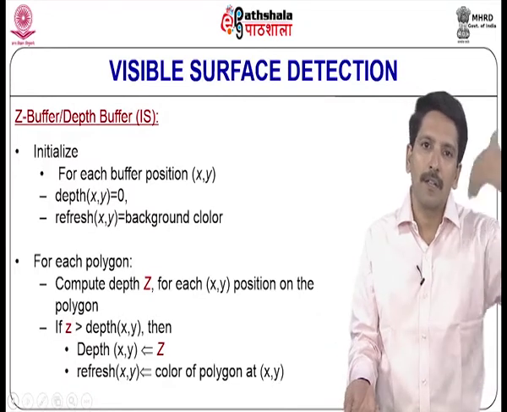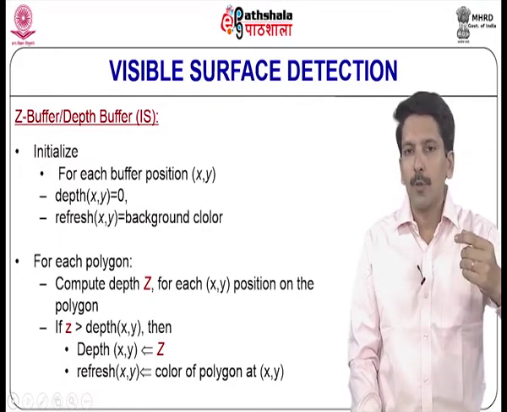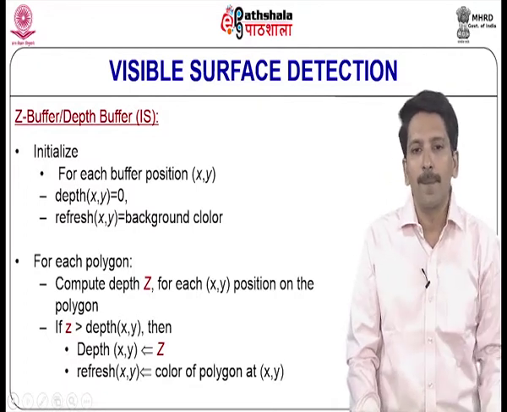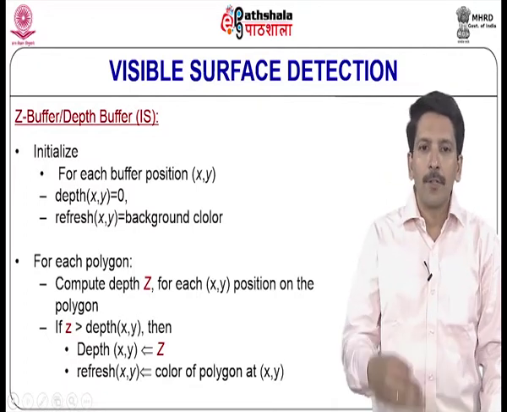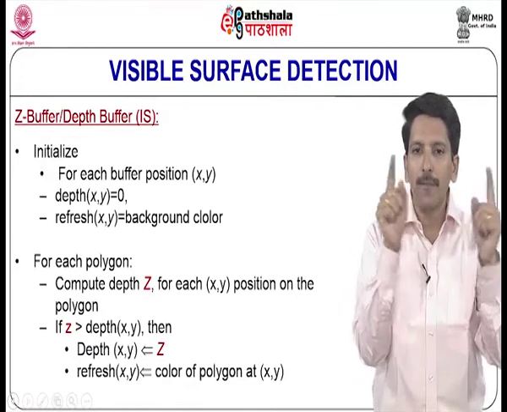They are not in the front, they are in the back. So, the smaller the magnitude, the closer is the object or the face. So, as per depth we can keep comparing for every pixel position on the view plane,